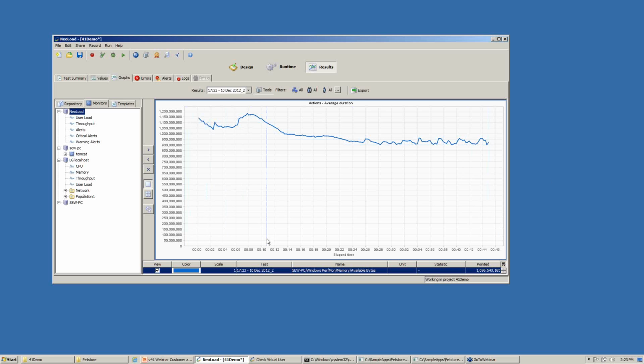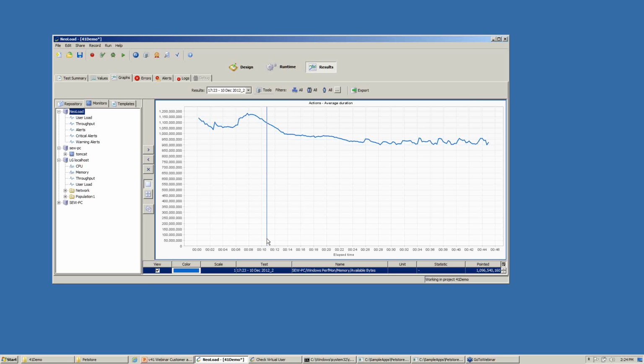And then finally, like I alluded to earlier, what I think is probably my favorite feature is the ability now to import external monitor data. So as you know, sometimes when we're trying to collect monitoring data from NeoLoad's monitoring engine, we have sometimes network configuration issues where the tier might be on the opposite side of a firewall that we can't get to for security reasons, or it just might take too long to open up holes in the firewall, etc., etc. So what we now have the ability to do is, using standard monitoring tools like perfmon, for example, on a tier inside the firewall, we can save the data in a CSV file and import that now into NeoLoad to be able to analyze it and correlate it just as if it was a metric that was collected by a